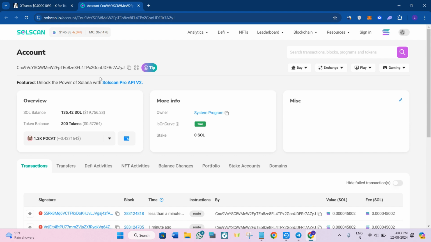Now let's talk about what to look for in a wallet. You just have to avoid wallets that make extremely rapid trades, those that buy and sell within seconds. Copy trading bots like Trojan bot might register the buy but miss the sell due to the speed, which could result in losses for you.